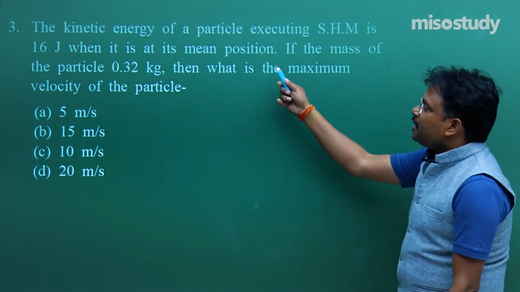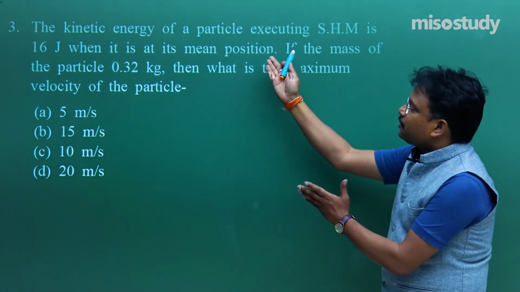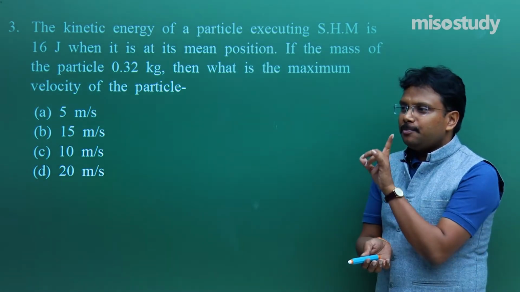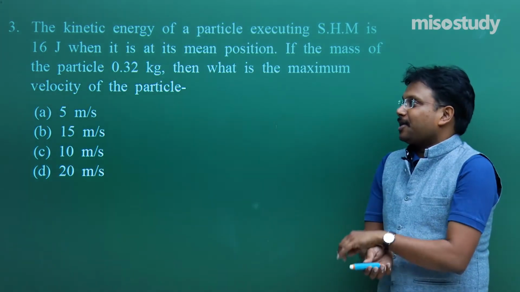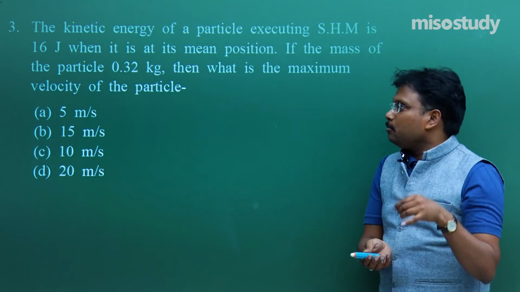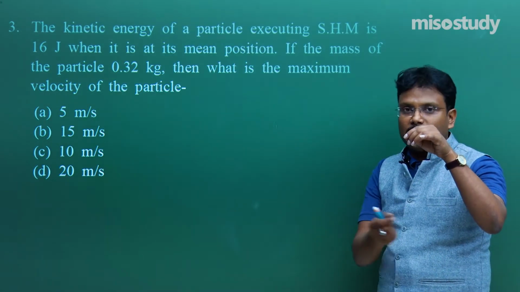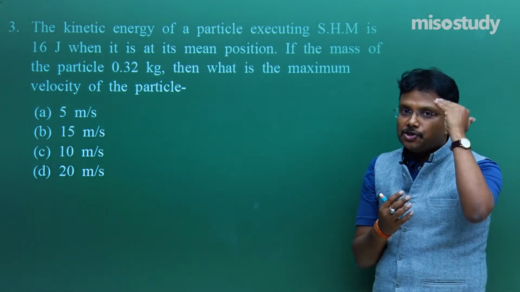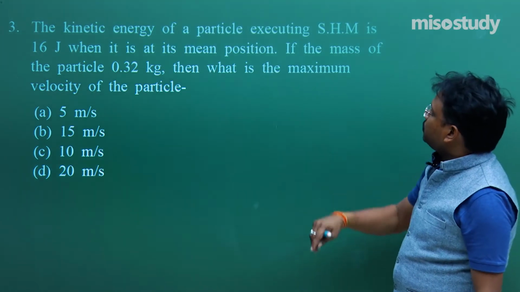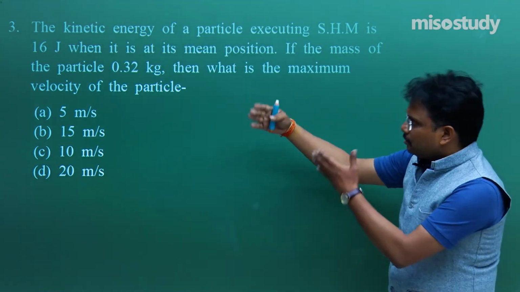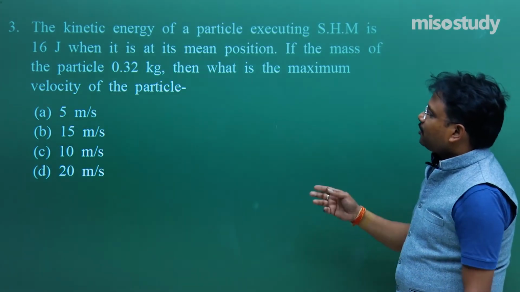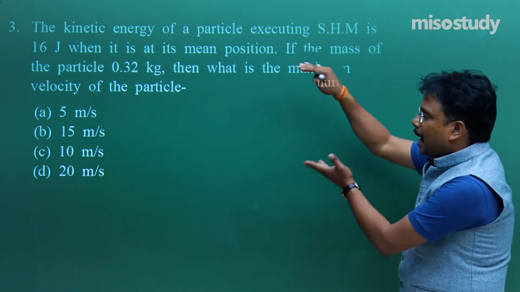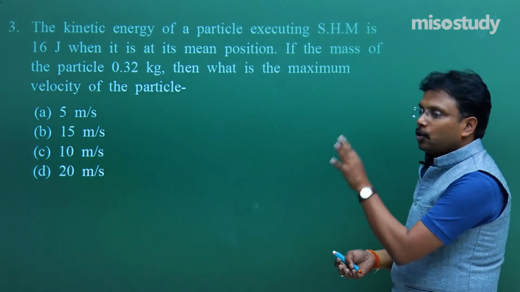When it is at its mean position, because each term has its own meaning over here. Mean position, then it should come in your mind, what is the meaning of mean position? Okay, during the regular lectures, I even used a simple pendulum, and almost in every lecture, I used to show the entire situation, mean position, maximum displacement using that pendulum, just so that the picture should be in your mind. Now, at mean position, if the mass of the particle is 0.32 kg, any number, then what is the maximum velocity of the particle? Here, apart from this question, definitely I want to mention something.